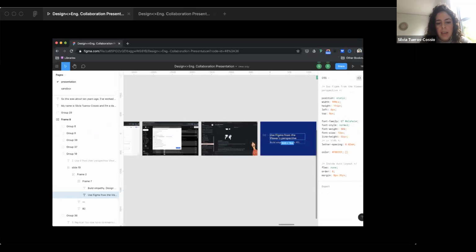What I recommend is making a separate viewer account for yourself, sitting with an engineer, and walking through what they would typically need from a design. So for example, if they need to export assets at different sizes, teach them how to use the exporting panel. Better yet, make an FAQ for it, because if they have a question about it, some other engineer will have a question about it. And so you can just directly link them to that. If they need to export illustrations, teach them how to use the preview window so that when they export, they can make sure that they're exporting the right thing.